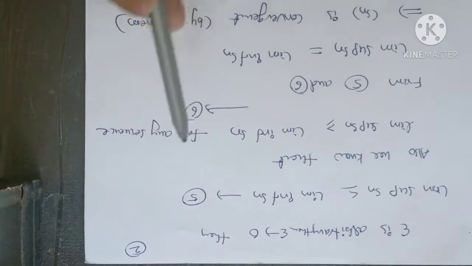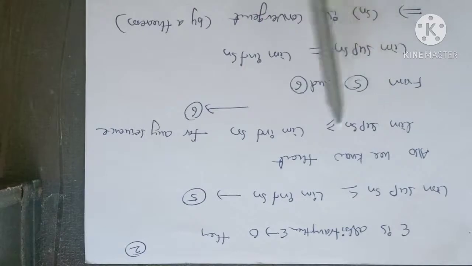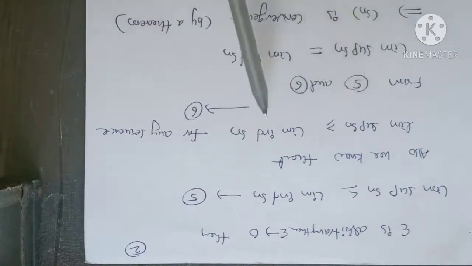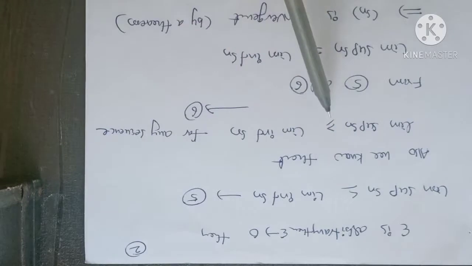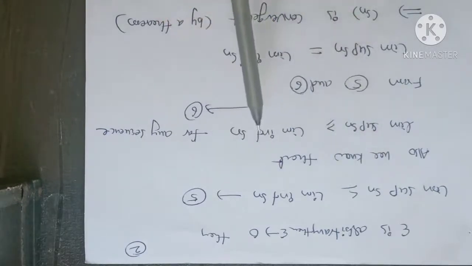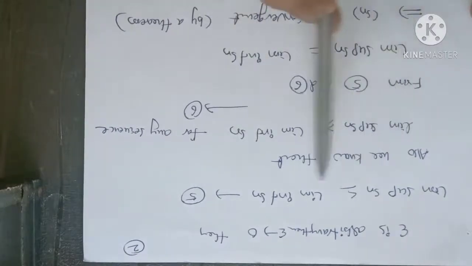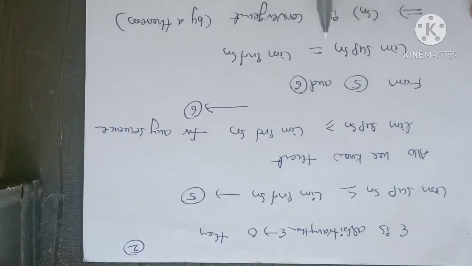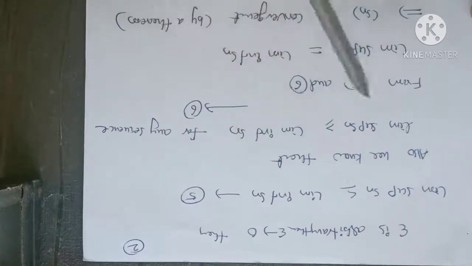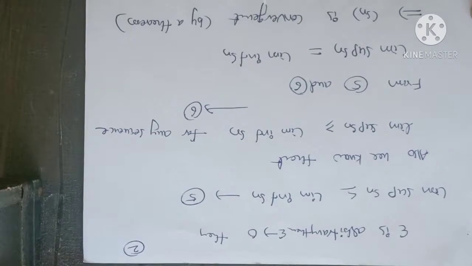This is equation 6. From 5 and 6, you observe that the left-hand side is the limit superior and the right-hand side is the limit inferior. One is less than or equal to, the other is greater than or equal to. So if A is less than or equal to B and A is greater than or equal to B, then A is equal to B. In the same scenario, the limit superior of Sn is equal to the limit inferior of the sequence Sn. That means both are equal. So the limit inferior of Sn equals the limit superior of Sn, then we say that Sn is convergent. Already this is a theorem.